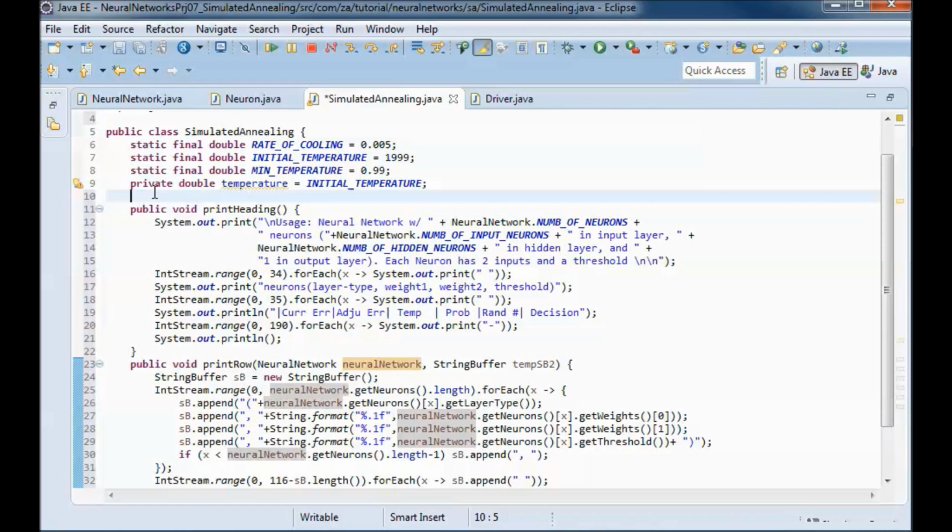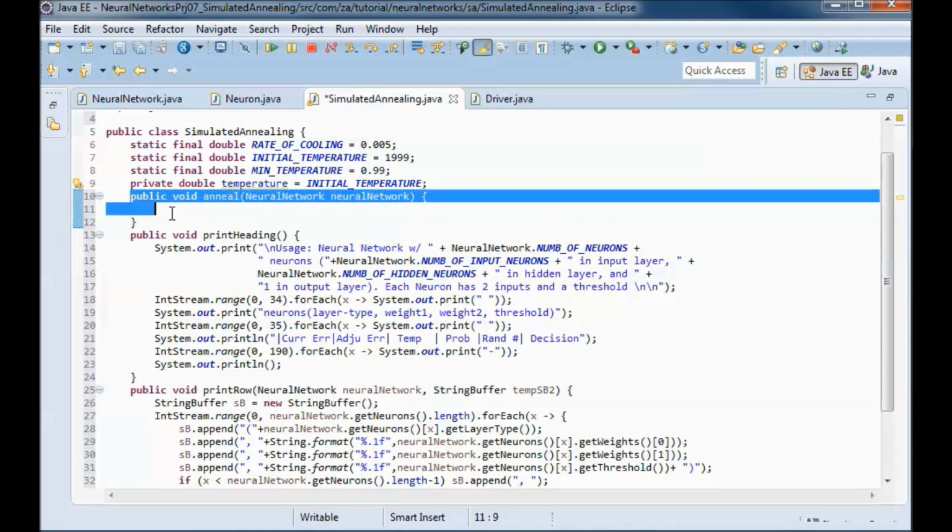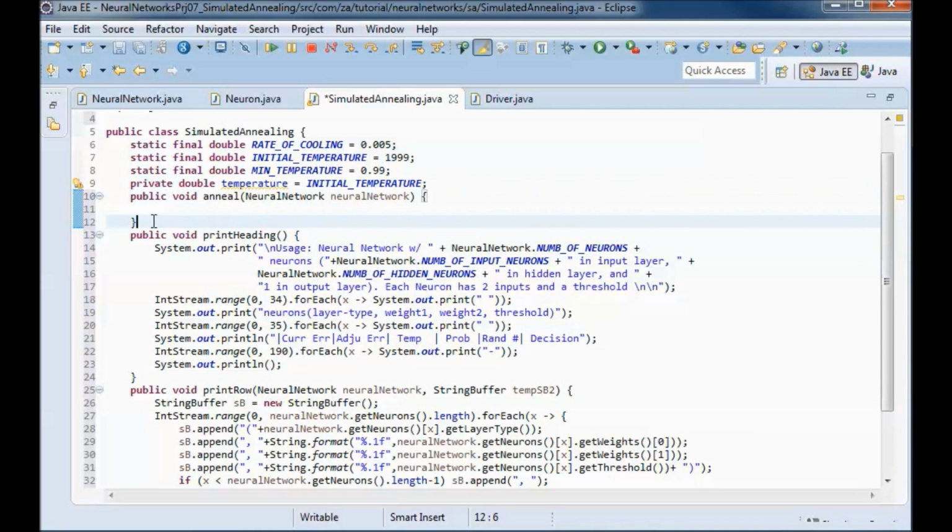And I will have a public anneal method that is called in order to perform simulated annealing on this neural network.